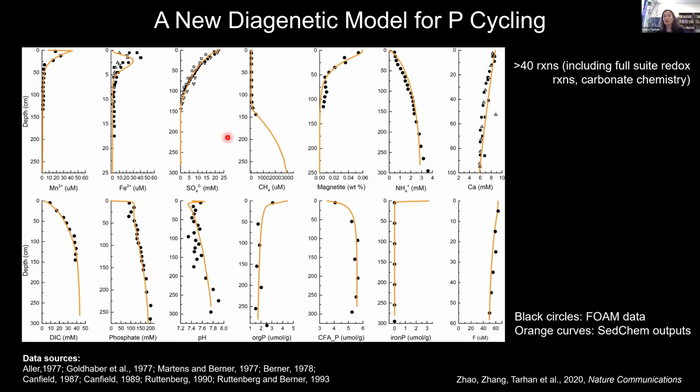And FOAM is a site that is perhaps unique in the extent to which it has been characterized in detail, both from a geochemical perspective, including phosphorus speciation analyses, as well as from the perspective of bioturbation. And we can see that we have a fairly close correspondence between our model outputs and our empirical observations, and that's without need for any additional parameterization or tuning. But I also want to stress that SEDChem's performance is not contingent upon boundary conditions or a reliance upon conditions that we see at FOAM. We've also repeated the same exercise for other settings around the world, including the deep sea.